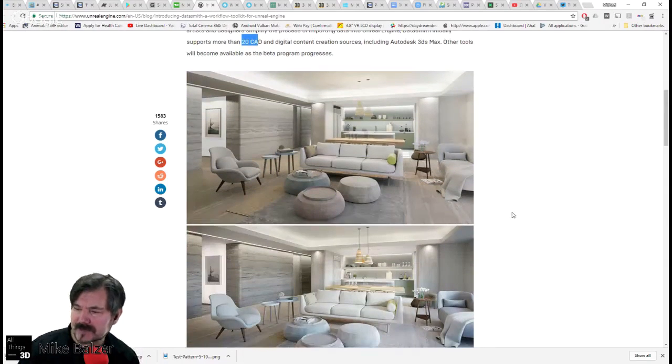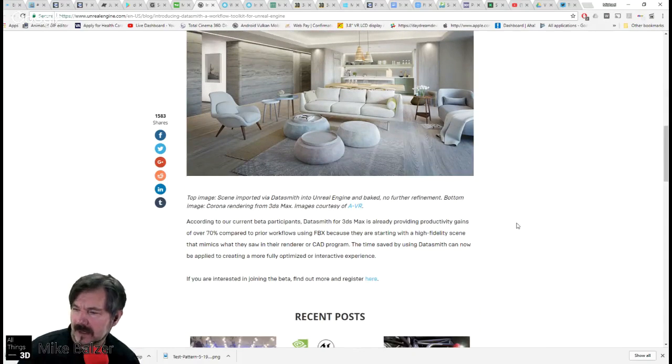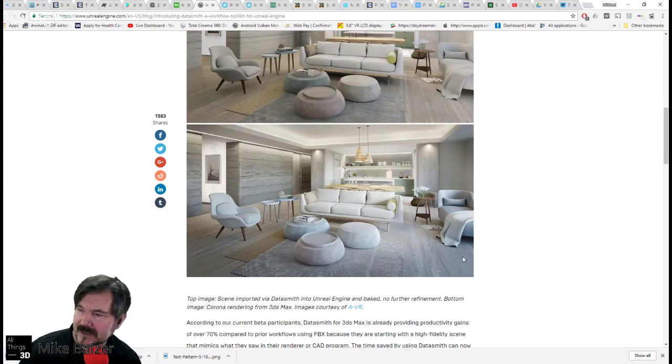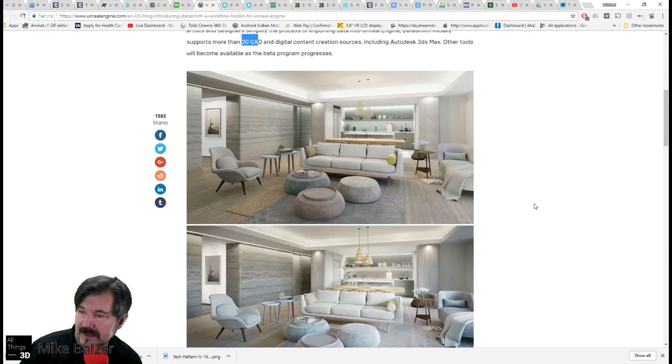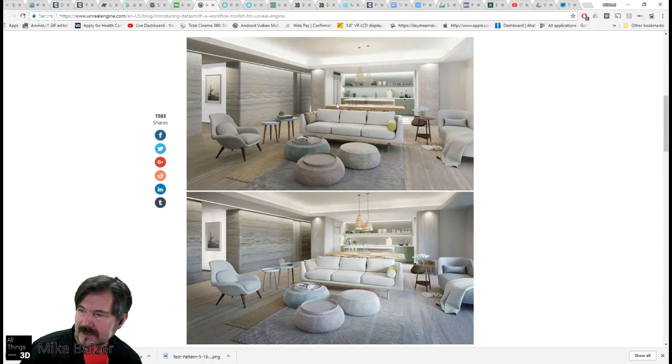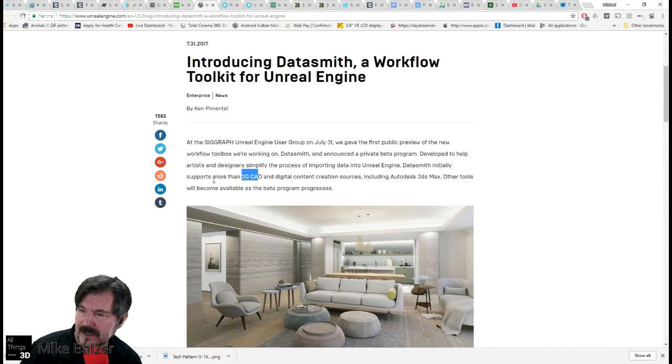I have a follow-up on this next week. I have a little project I'm working on now, which I will share with you. So it'll be interesting to see how well this works going directly from 3ds Max. That is not my favorite application. However, if you're somebody who works in 3ds Max, this might be a unique application. Again, I'll have to look into specifically what the 20 CAD applications are, but hopefully it will work